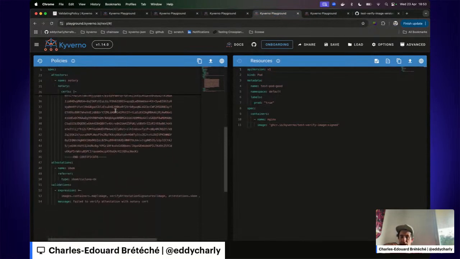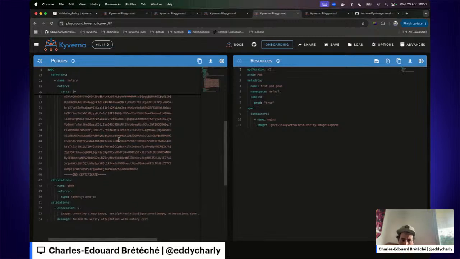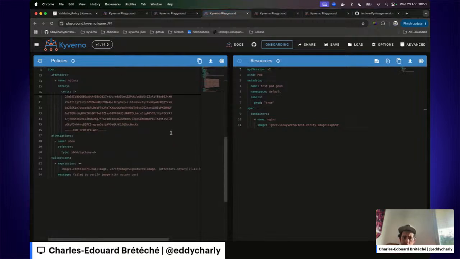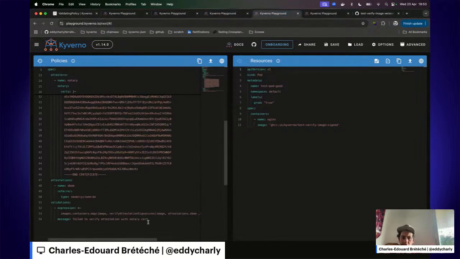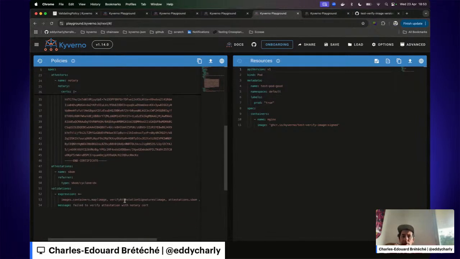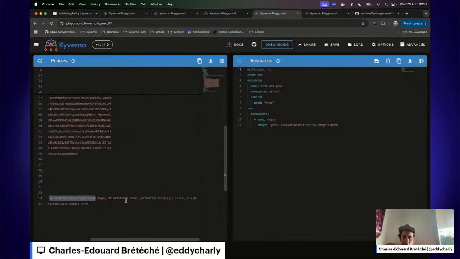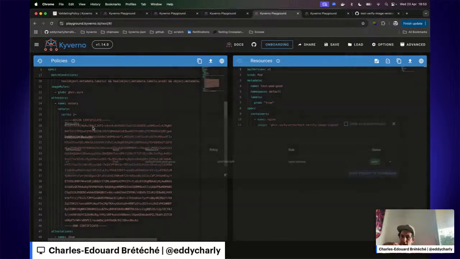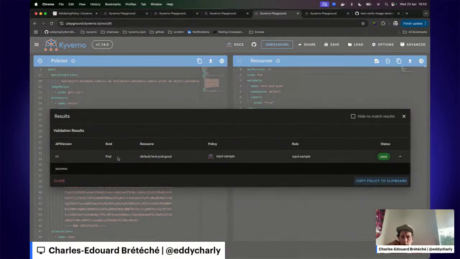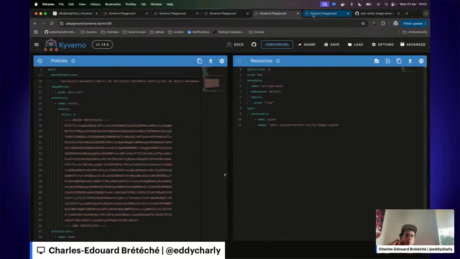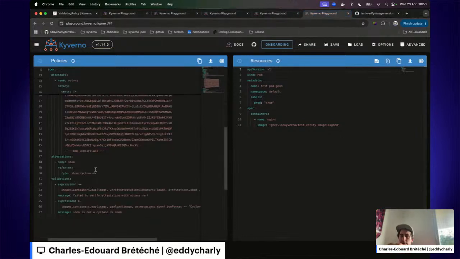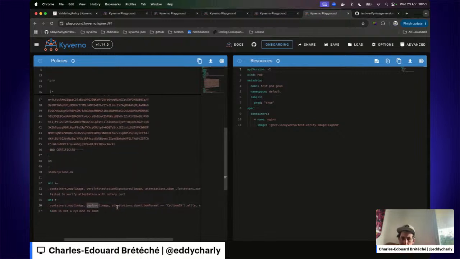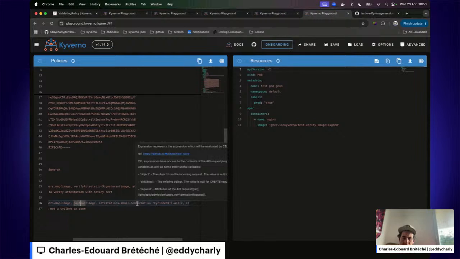This one is going to verify attestation signatures. This is a bit different, but it will use the same thing, the certificate passed into the policy. And the last one is going to map payload SBOM format.